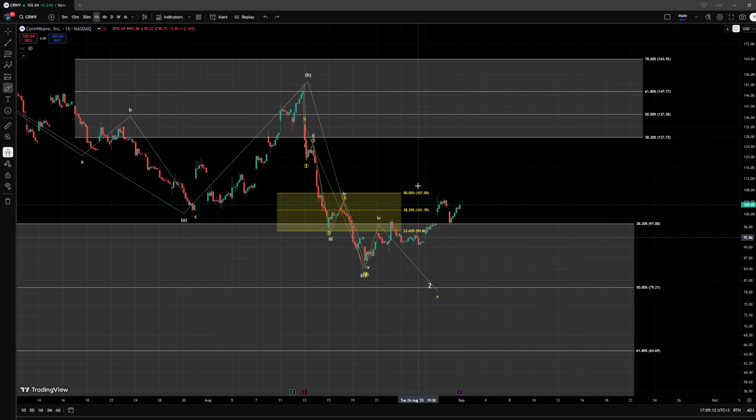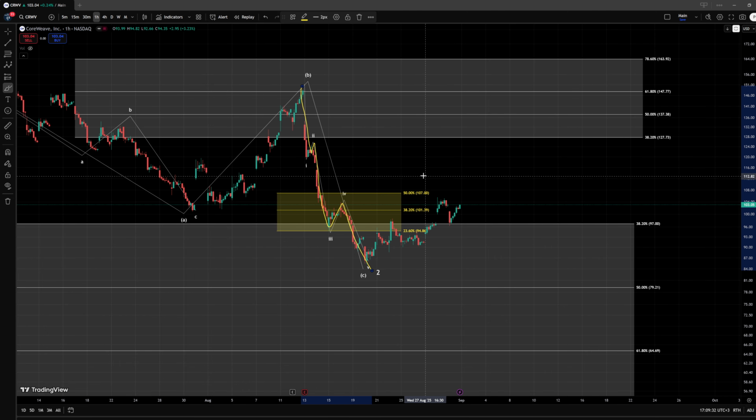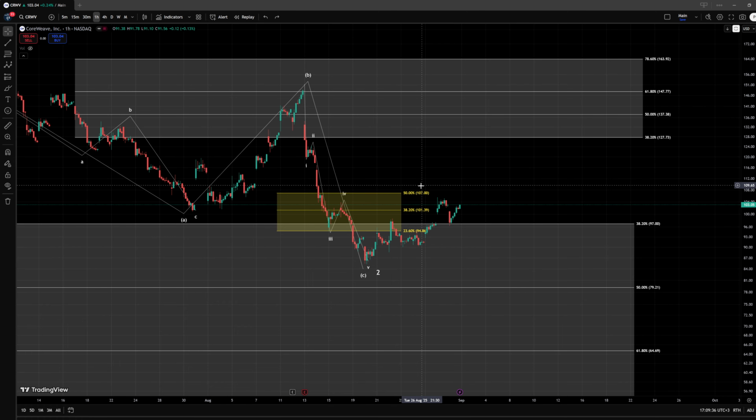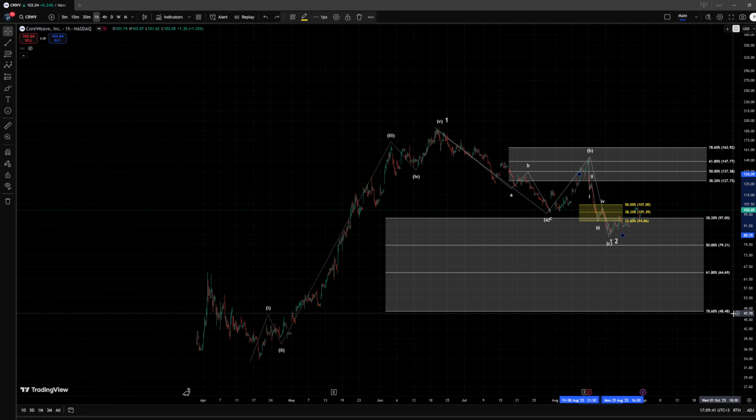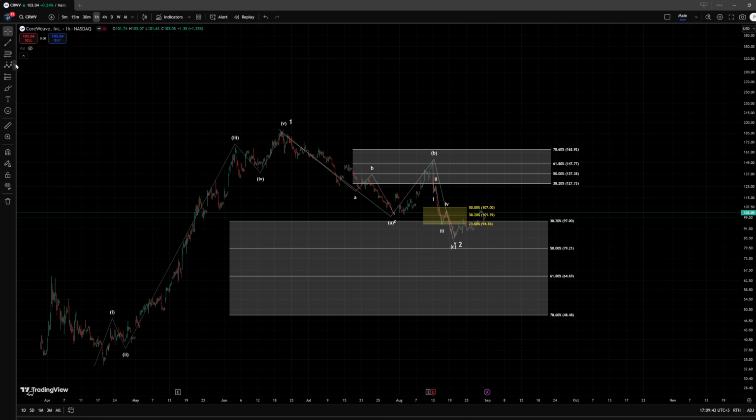So even though we didn't technically break the resistance zone for a wave 4 in yellow, I just find that quite unlikely at the moment, so I'm not going to focus on that scenario anymore. And I am, as I was in the previous video as well, very open to the idea that this wave 2 is complete, since we did actually form a 5-wave move to the downside and we did reach our support zone overall. And that allows us to be looking already for the large third wave that should follow, and an